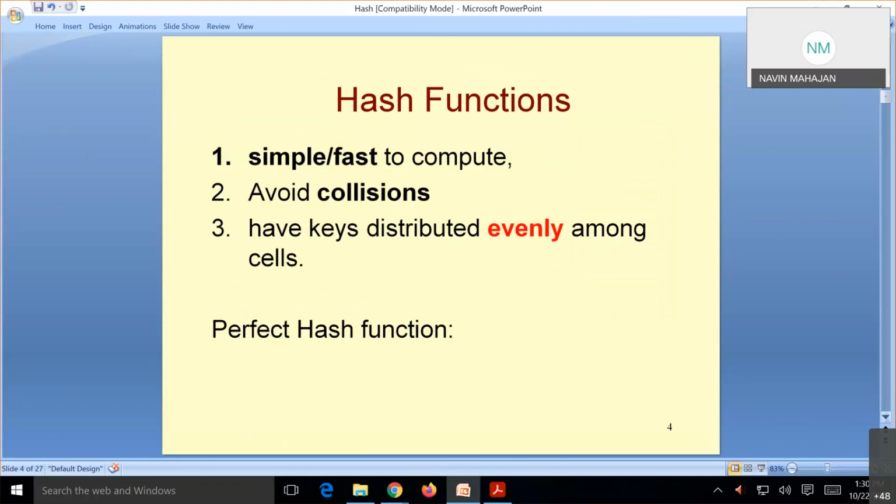Then I apply a hash function on the Aadhaar ID, and a location is created in the hash table. I go to that location and store this person's information. The next time a person comes and I want to search his record, I take his Aadhaar ID, apply the hash function, and go directly to that location and get the data. So the operation is easy.